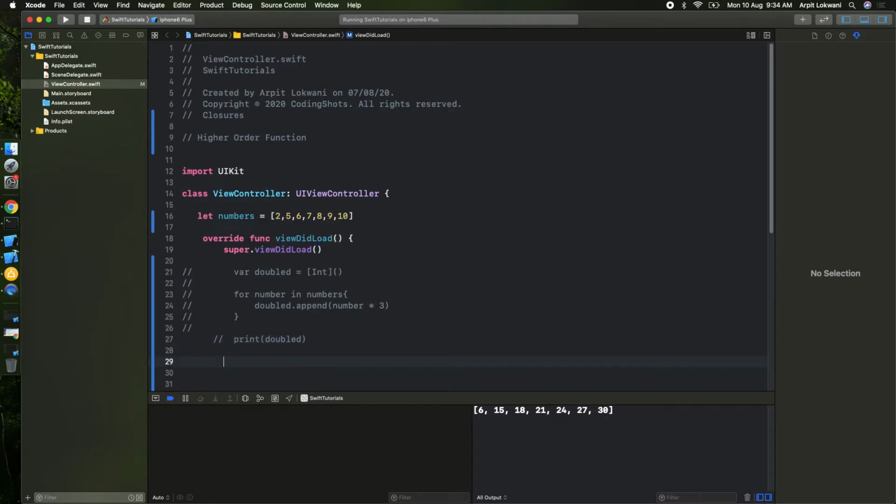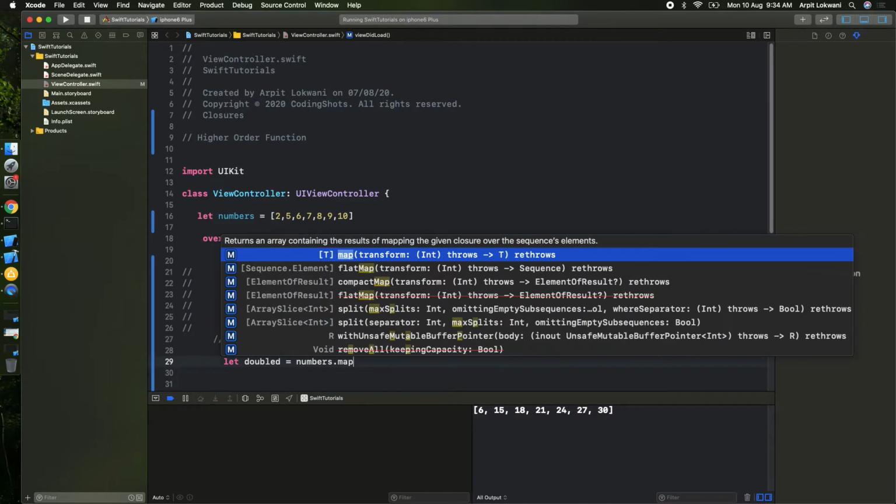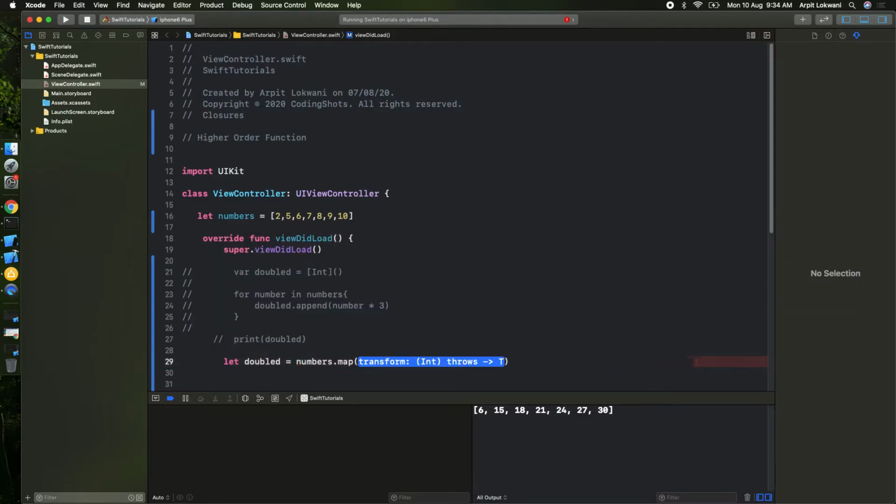One by one we will see how many types of higher order functions there are and how to use them. I'm starting with map. First I will create a variable which will hold the collection. I will say numbers dot map. Now you can see the first option, transformation, which is the generic type T, and it throws. Fine, let's start with that.